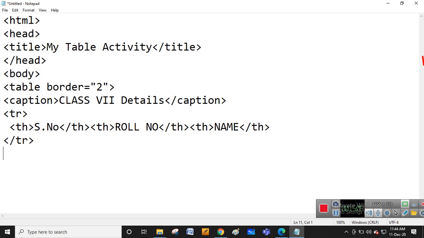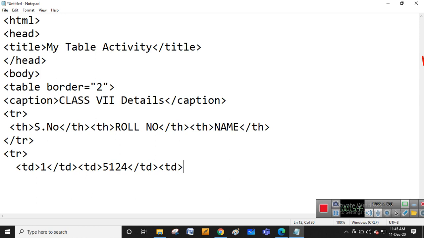मेरा फर्स्ट रो का एंट्री हो गया. ओके, नाउ एंट्री द सेकंड रो का. एंट्री का अंदर में TD करके यूज कर रहा हूँ. TD स्टैंड फॉर टेबल डेटा. सीरियल नंबर एंट्री करना है. वन एंट्री किया, TD क्लोज किया. अगेन TD ओपन. मैं सेकंड कॉलम एंट्री कर रहा हूँ. Some 5125, like something I entered. 5125 रोल नंबर एंट्री किया, TD क्लोज किया. डेटा को मैंने डेटा फॉर द सेकंड रो मेंशन. ओके, TD एंड TH आर बोथ सेम. TH में हेडिंग में हम लोग का बोल्ड फॉर्मेट में आएगा.